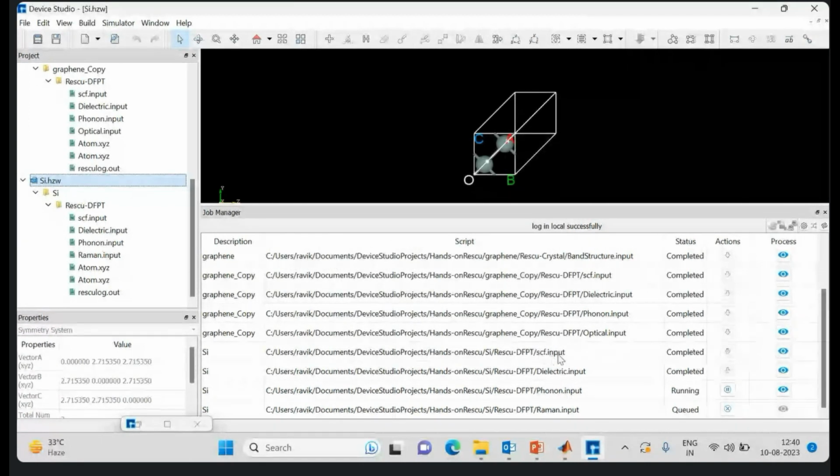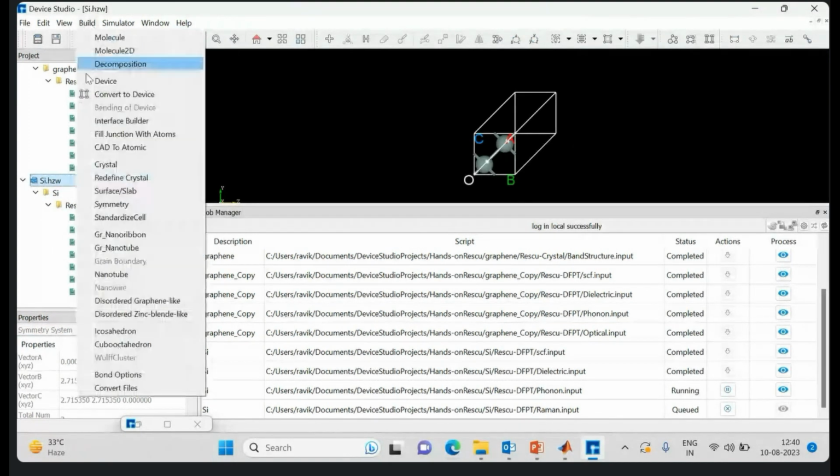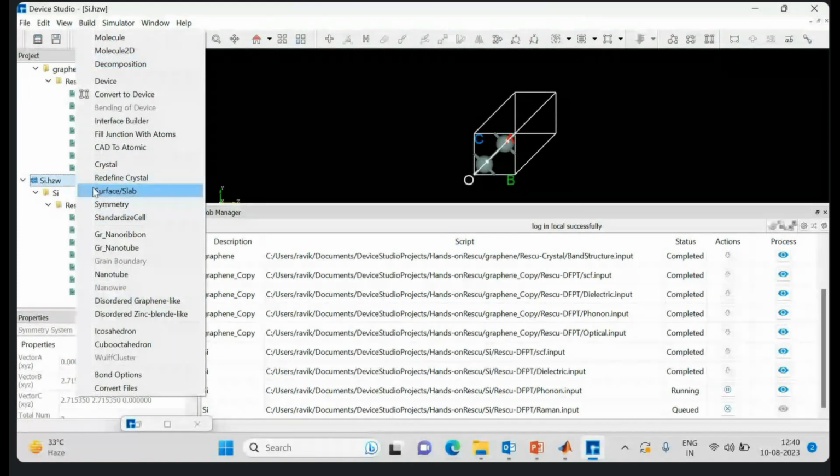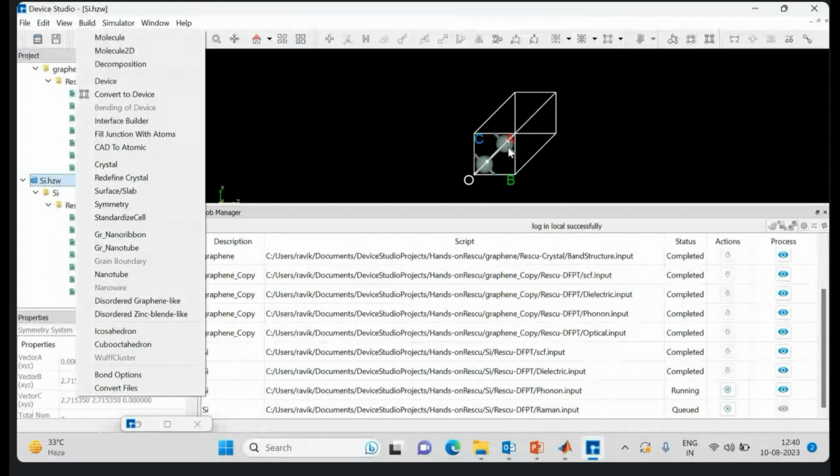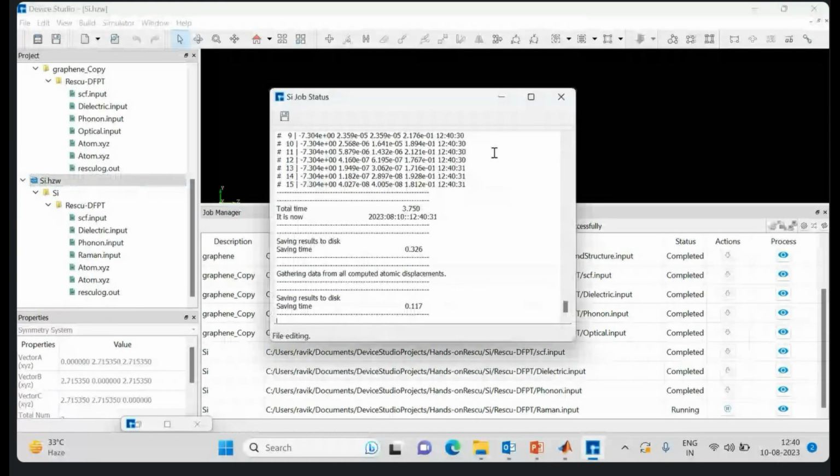This SCF input has been completed. This dielectric has been completed, and this phonon.input file is in the running condition. So in the meantime, I can show you more properties. Like here you can see, if you want to show their face center cubic structure, body center cubic structure, or you want to create a heterostructure,